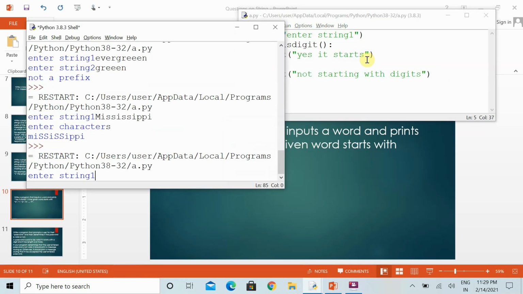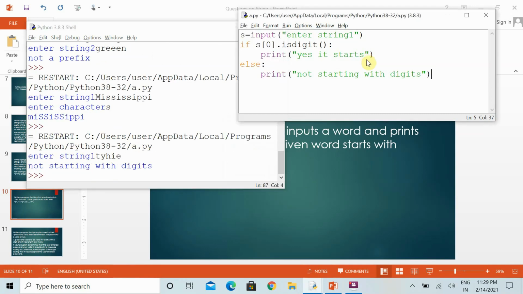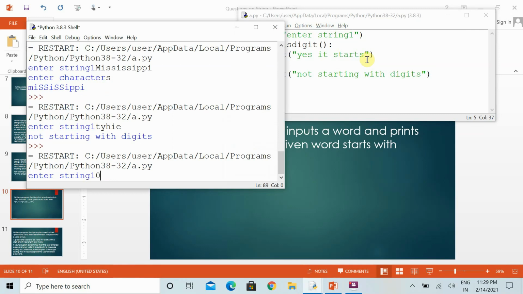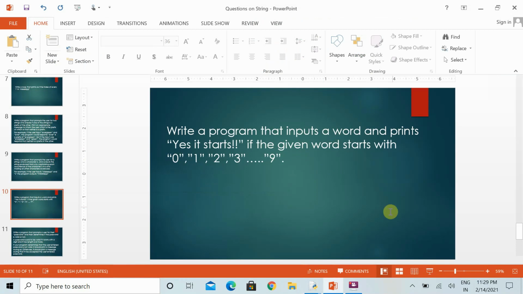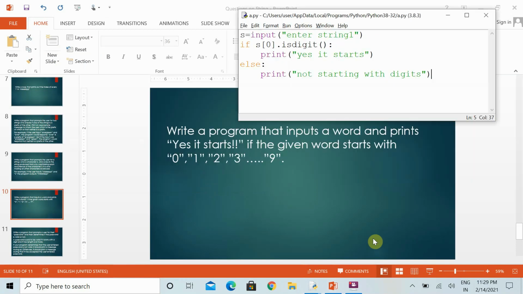Let's execute it. Here I am just specifying "not starting with". If I start with any letter, then it will say so. In this way we can solve this question, using the isdigit concept to check the start, because all strings start at position 0.